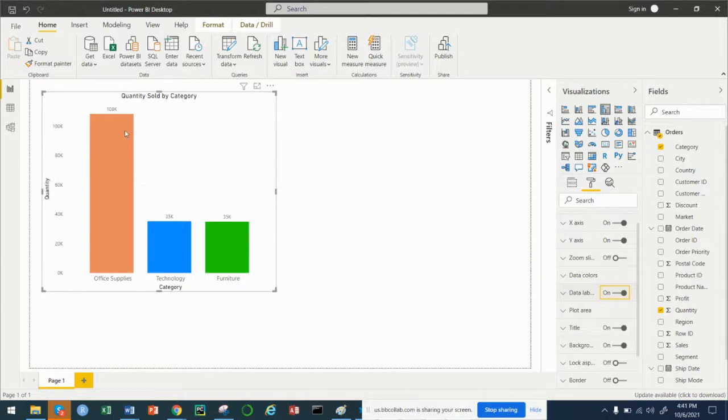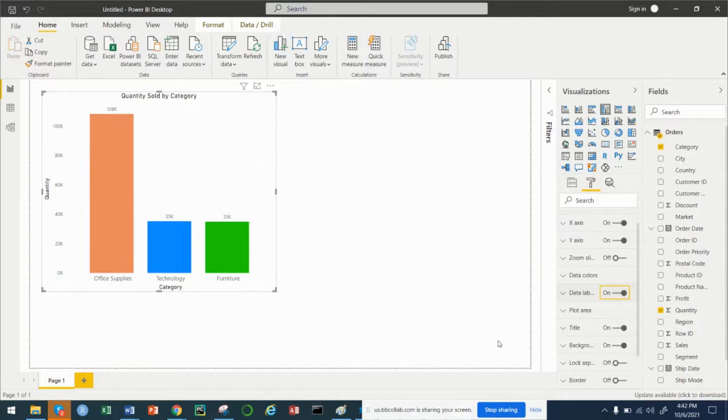But now it puts the labels for me, like the quantity count. So if I don't call up the tooltip, I can see that in the category office supplies, I sold, roughly speaking, 108,000 units. And in technology and furniture, I sold about the same amount. Why do you think category